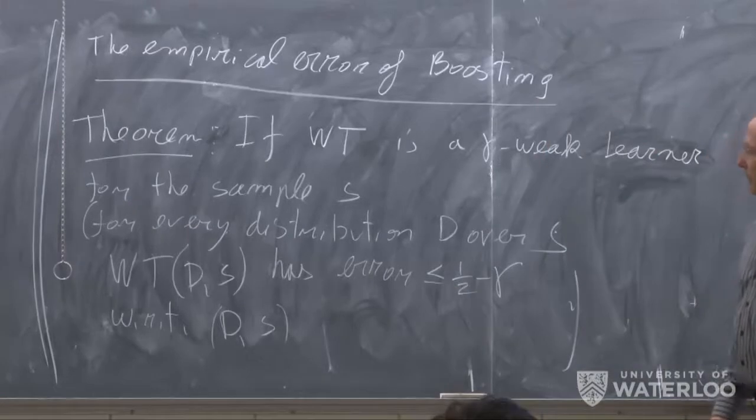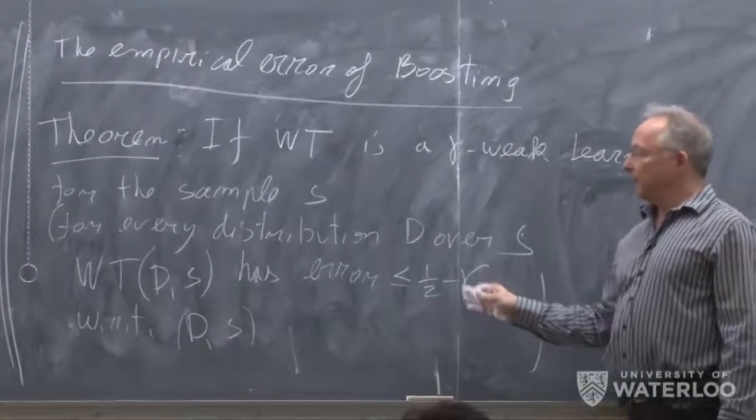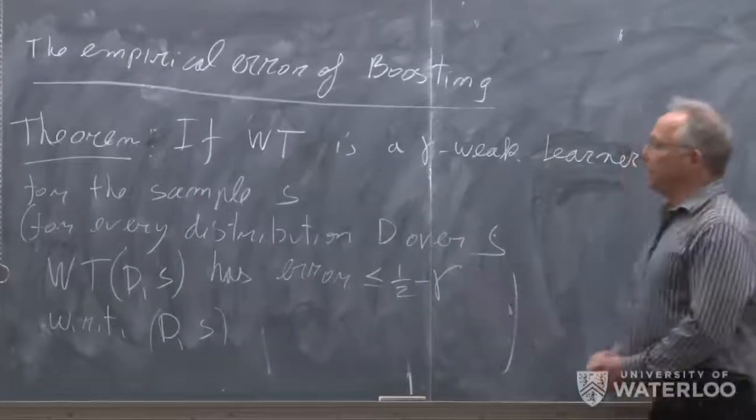So if the weak teacher can give me error at most half minus gamma for every distribution over the sample, then